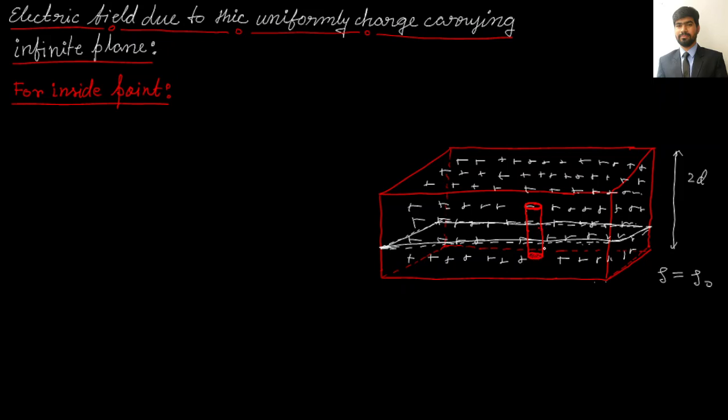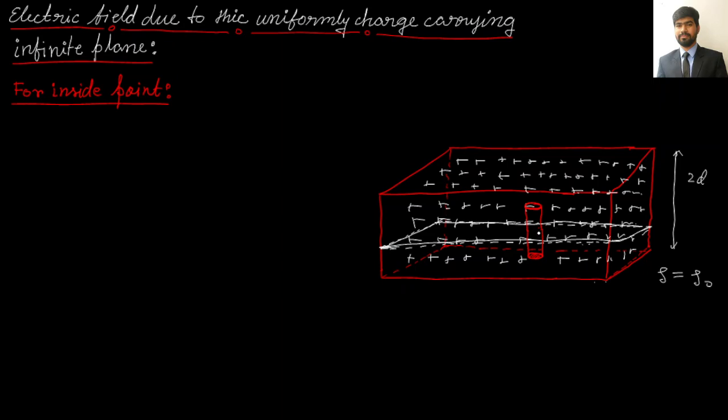So this cross section area is A, and if this top surface is at z equals to plus z, and this bottom surface is z equals to minus z, then the total length of this Gaussian surface will be 2z. Total length of this Gaussian surface will be 2z, and since each layer will create an electric field perpendicular to its